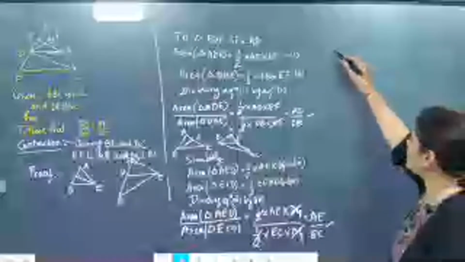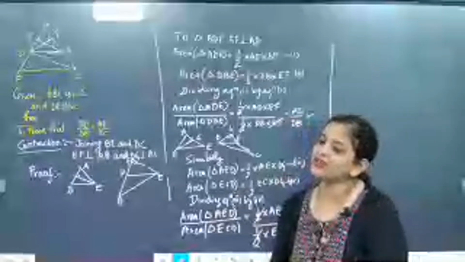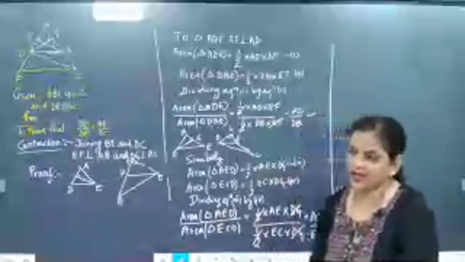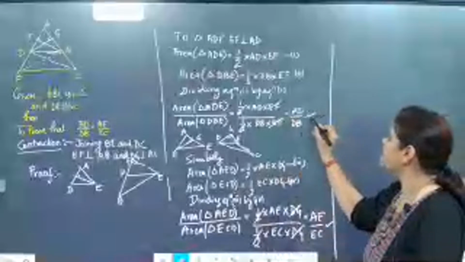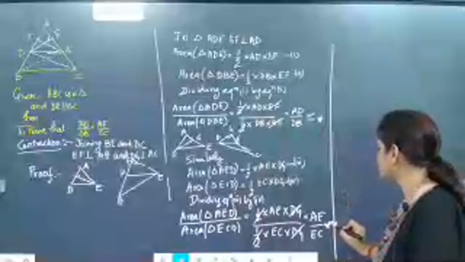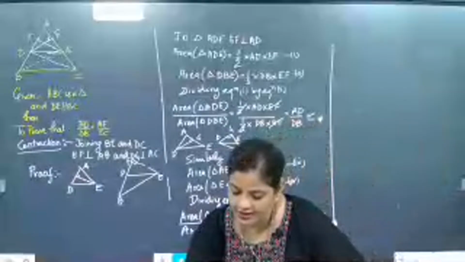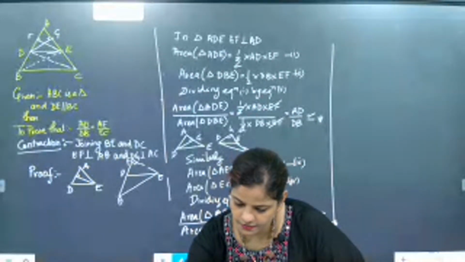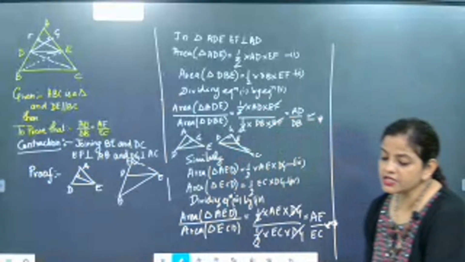Now look here. What we are going to do here, beta, we are going to write down that triangles on the same base and between the same parallels are equal in area. Understood? Now connectivity we are going to generate. So this is the star mark we are going to put, and this is double star mark. Okay. So what we are going to write, beta? Triangles on the same base and